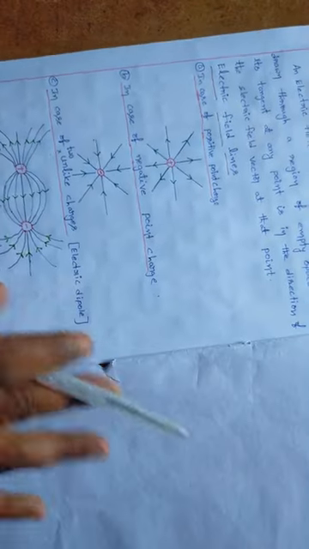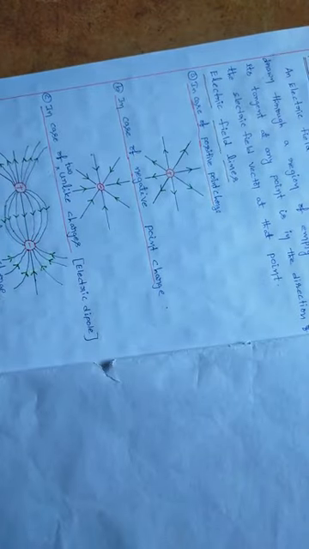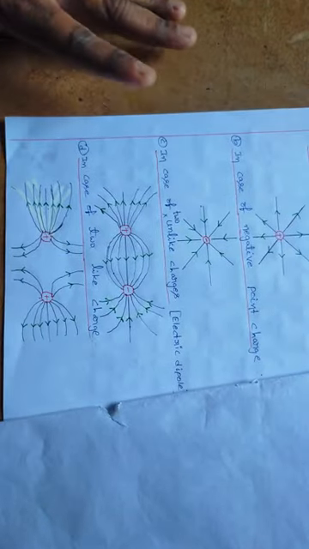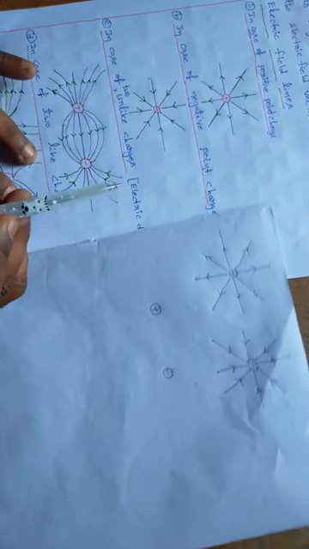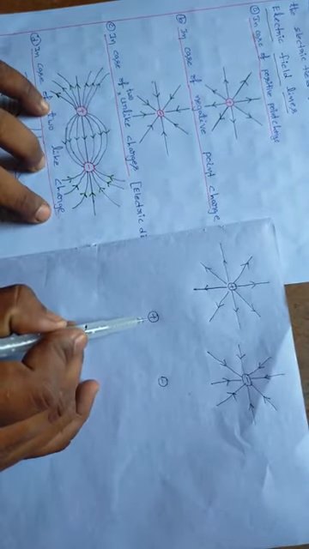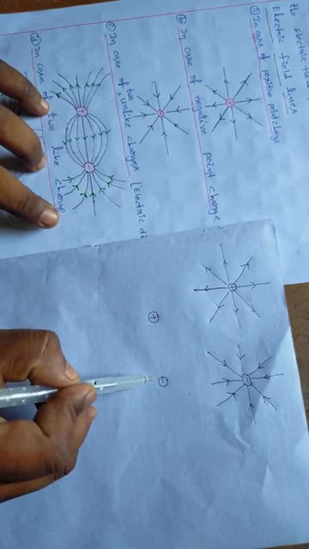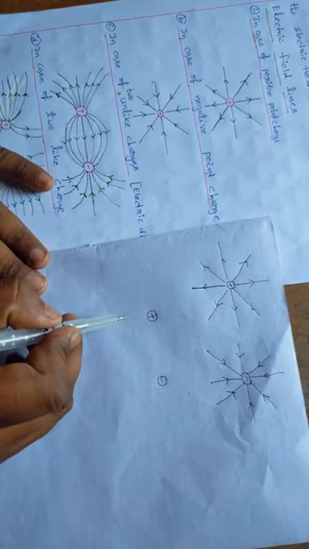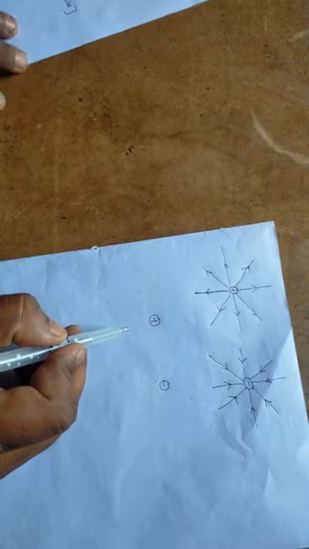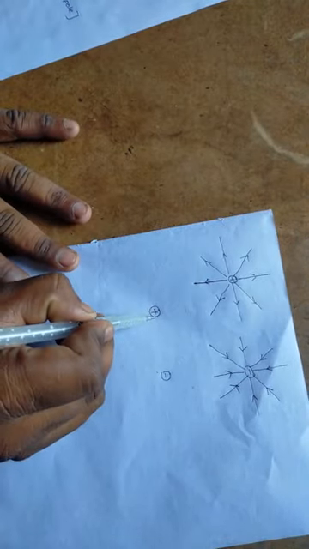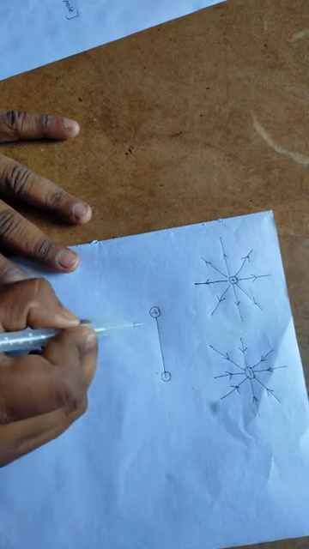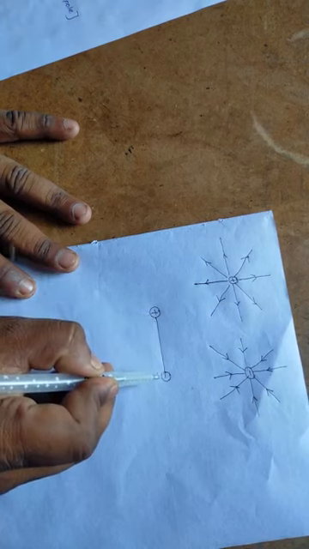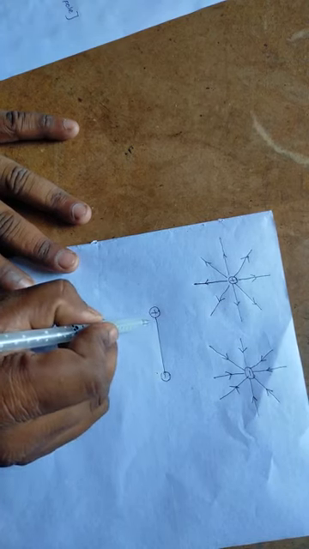These two are very simple, and thereafter these two are very, very important from the exam point of view. They may ask a question like this: draw the electric field lines in case of two unlike charges, where one is positive and the other one is negative. In case of unlike charges, how to draw the electric field lines, you just see here. First, I am going to draw the electric field line like this. Now this is the positive charge and this is the negative charge. In between these two, I have drawn the electric field.